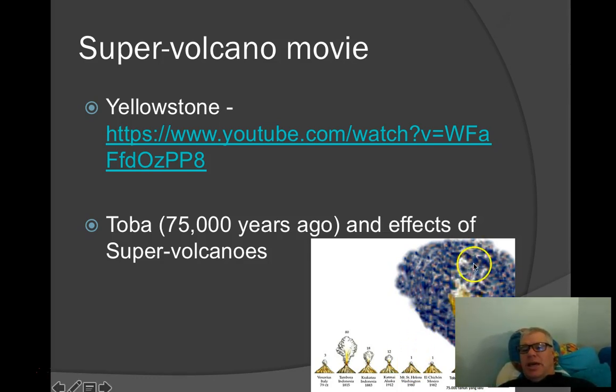This happened about 75,000 years ago, and by all reports this is where humans as a species could have become extinct, because there's a bottleneck in terms of how many human beings actually made it through that time period. It was such a large eruption it almost led to the extinction of human beings. So supervolcanoes do happen. They will happen again at some point, and they are tremendously large events, much bigger than normal volcanoes. And we'll get to that as I talk about volcanoes in this section.